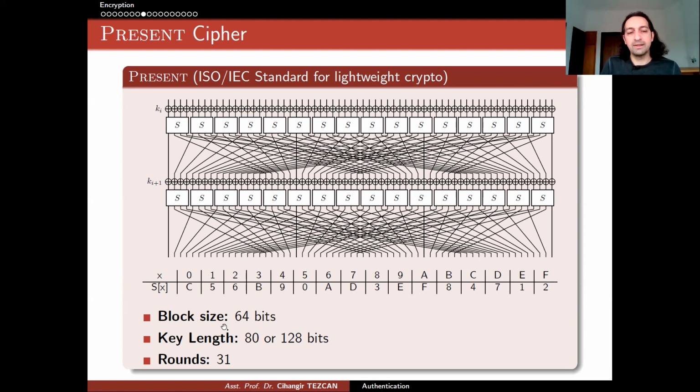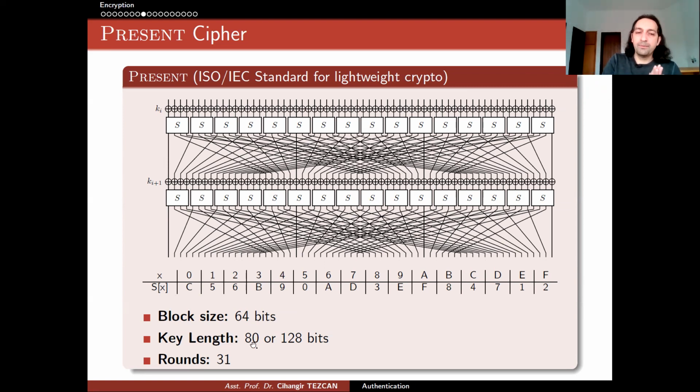So for this cipher, the block size is 64 bits, which is 8 bytes. You can think of it as 8 characters in a text file you have written. The 8 bytes you write actually turn into 64 bits, and they're written here. This is your plain text, and there are 64 lines here. So the algorithm works like this. You choose your secret key, and this algorithm allows you to choose either 80-bit keys or 128-bit keys. We will focus on the easier one, the 80-bit key.